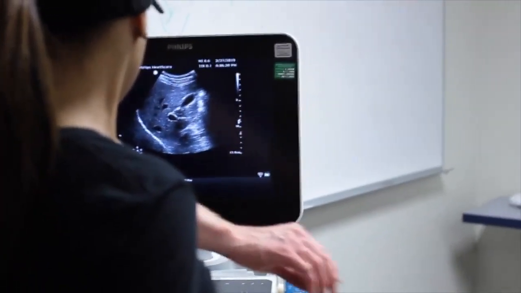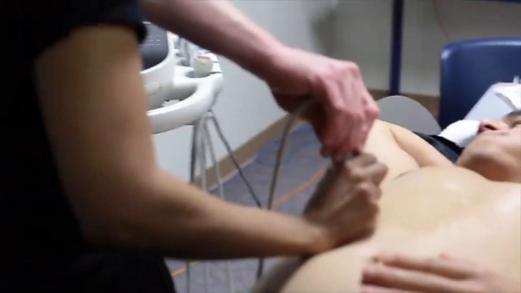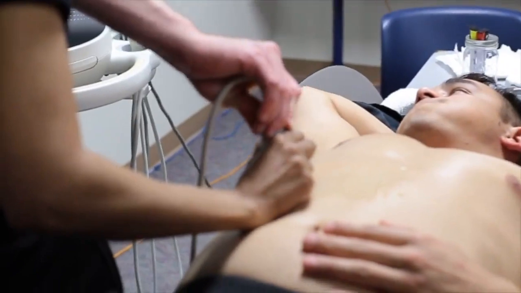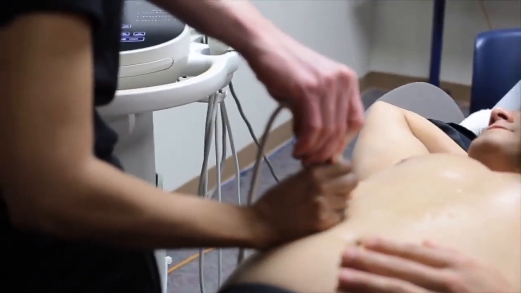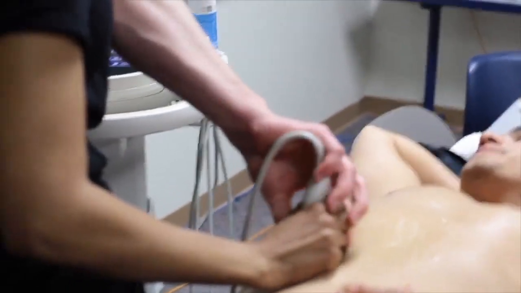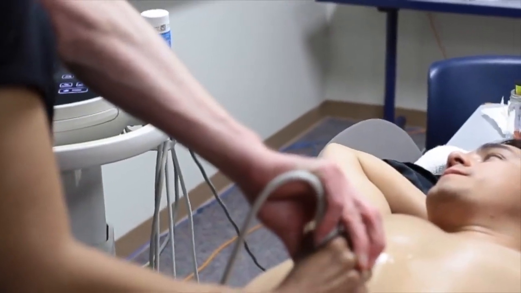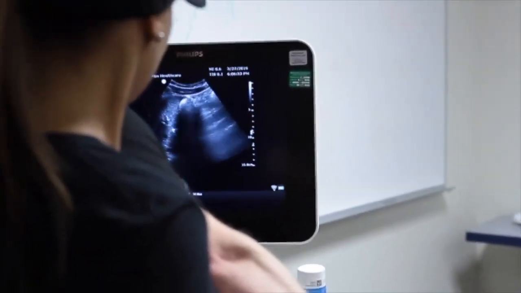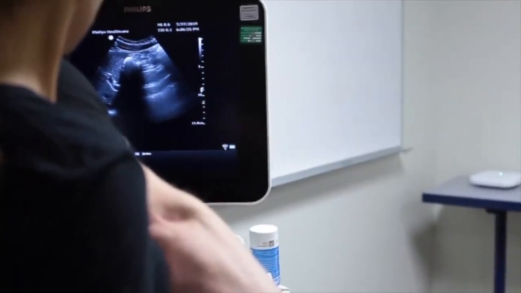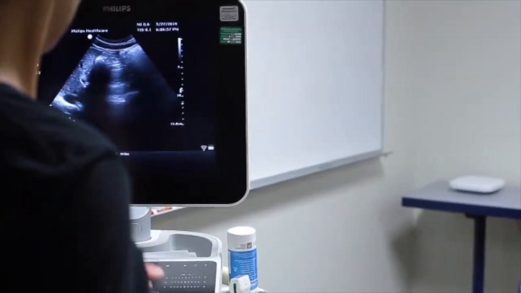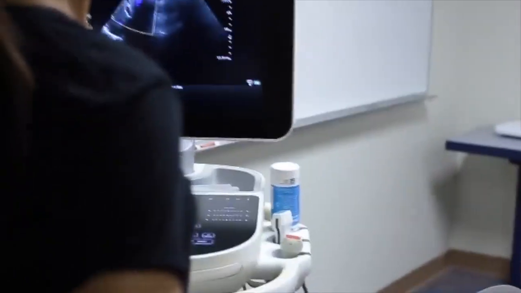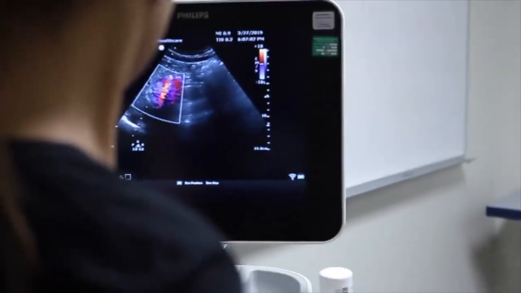So take your probe and just fan it to one side or twist it a little and try to get a different orientation on that portal vein. Like right there is better but not perfect. But yeah, okay, so right there, and we're mostly getting